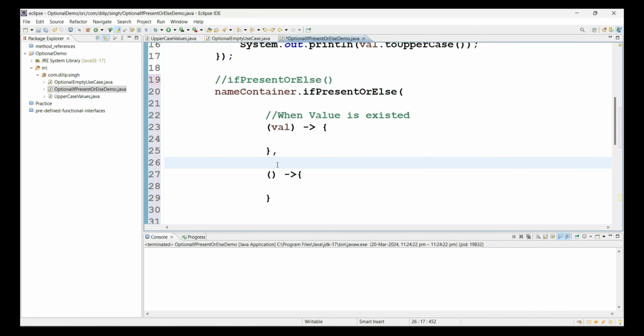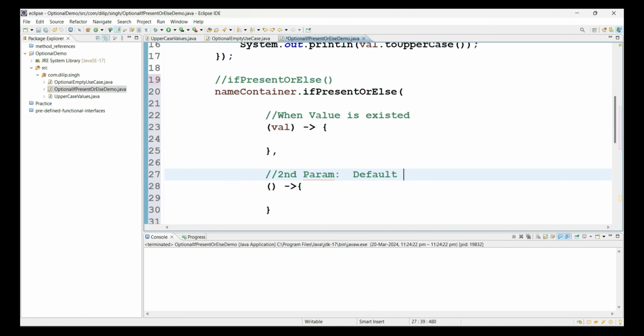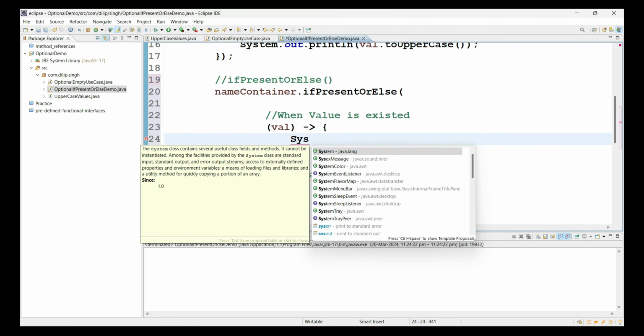So here the second method parameter, second param. So what is it saying? When value is not present, execute some default logic, perform some default activity, whatever it is. Okay, default logic. So you have to do execute here. So now in this case, what I am doing, same activity, I will try to make sure